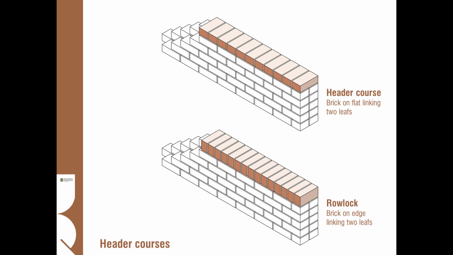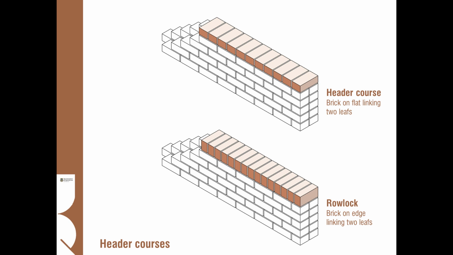two together. In the top one, the header course is a flat brick going through, so again you can keep a consistent coursing height, or a different one which is called a row lock, which is tipping the brick on its side and introducing it that way. It's often used as a capping type of